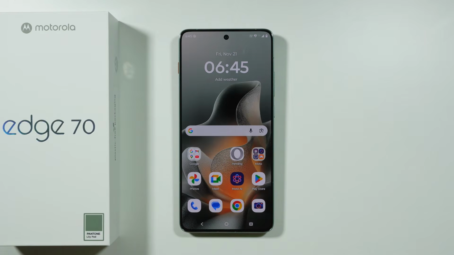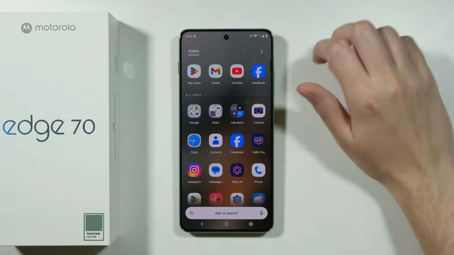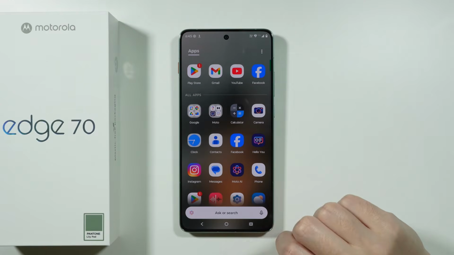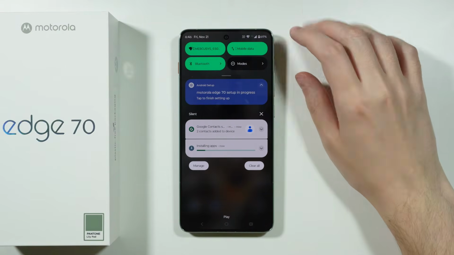Let me show you some of the first things that you can do on your Motorola Edge 70 right after the initial configuration. So I am right after the first setup. As you can see, there are still some apps being installed. But what we can do is, of course, we can do some things before we move on with our